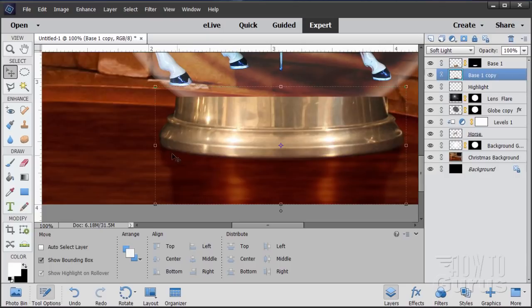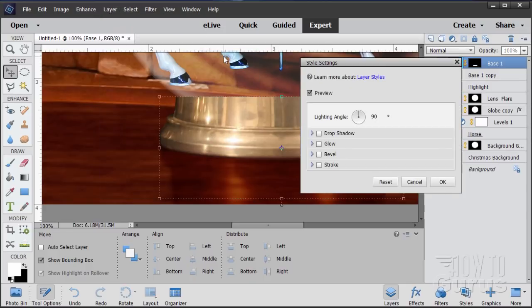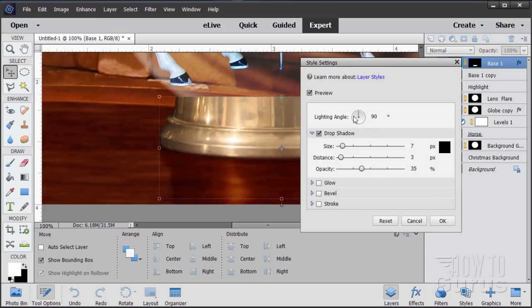The last little thing is I want to beef up the shadow between those two areas right against the bottom edge. So let's back up here to the top part, or base 1 layer, and we'll do a layer style at this point. Layer, layer style, style settings, drop shadow, lighting angle of 90 degrees, that's straight up and down. That's correct on that one. Let's set our size at 10 and the distance at 6. And let's bring our opacity up to